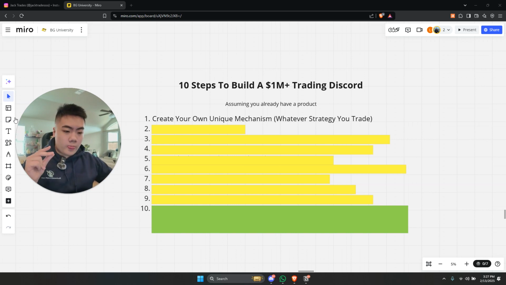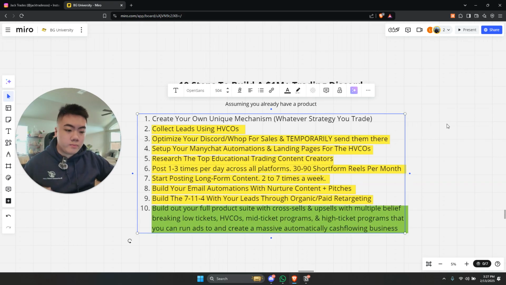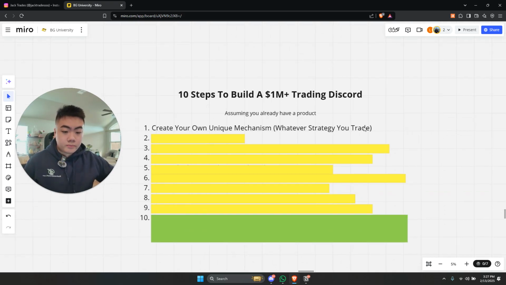All right, so ICT did this really well. He's probably the best example of it. He built a massive brand around concepts, which he said were his, but really, if you dive deep, they're just renamed Wyckoff concepts, right? And this is what we call a unique mechanism. That actually just shows everything, but basically whatever strategy you trade, you can make it your own unique thing, and then that creates you as an authority in the space, and